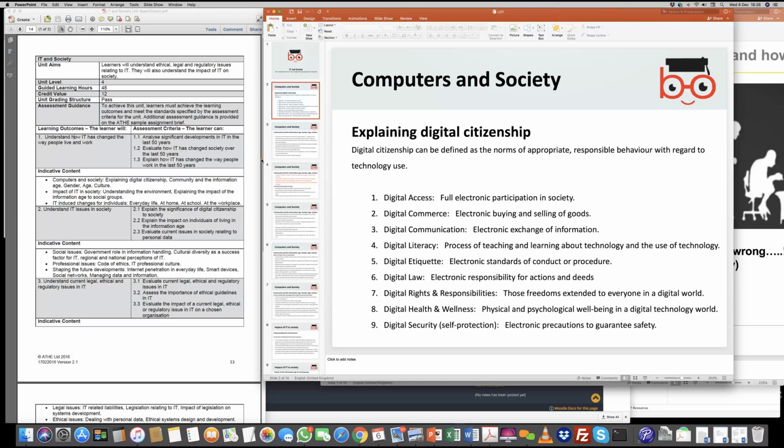Now, this is defined as certain norms which are appropriate and help you to show responsible behavior towards the use of technology, right? So, for example, if you're using Facebook, Facebook has a code of conduct, and that code of conduct says that users over the age of 13 can open an account. If you open an account, you can do and share this information, do this and do that. So there are some do's and don'ts which Facebook as an organization gives you when you open an account on their platform. And those do's and don'ts basically give you some guidelines to use the platform